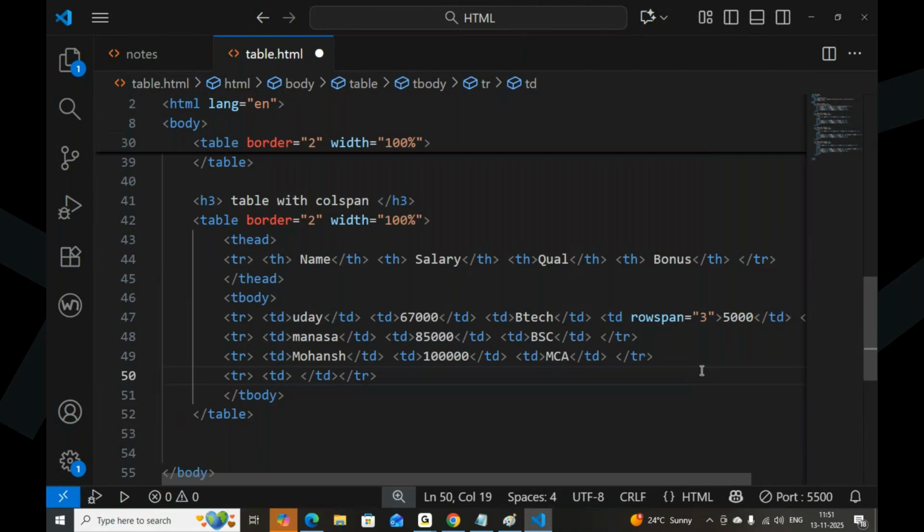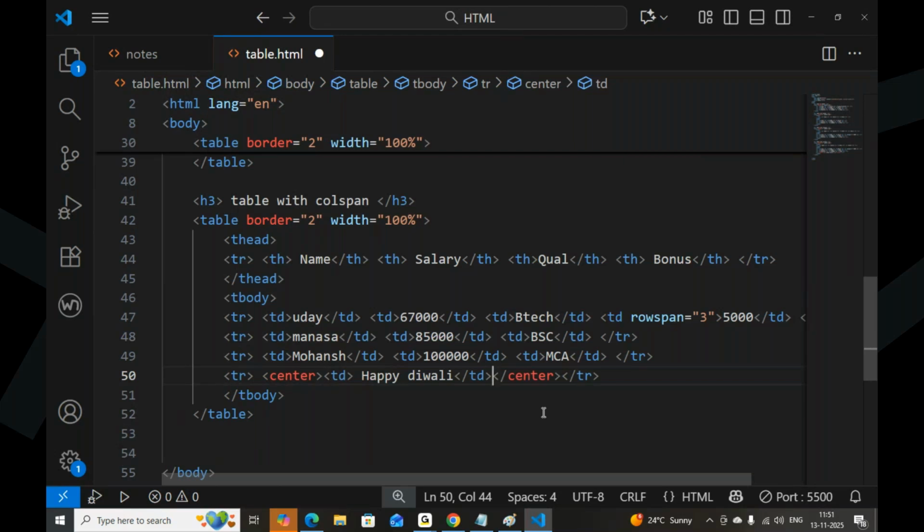That could be something like Happy Christmas or Happy Diwali, something like this. Okay, this TD, can I keep in the center of the row?